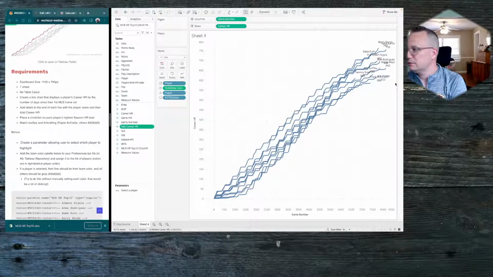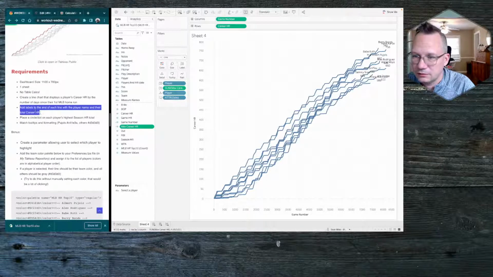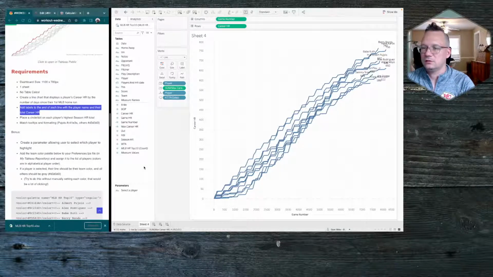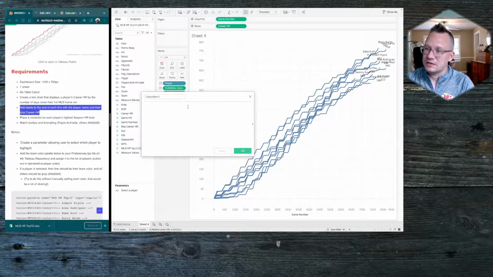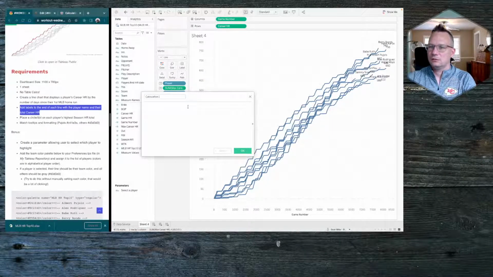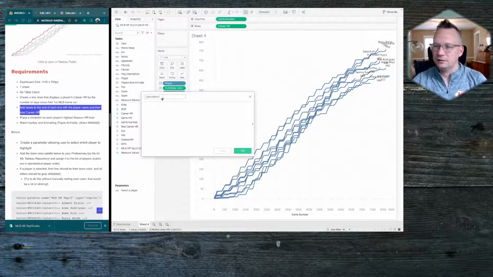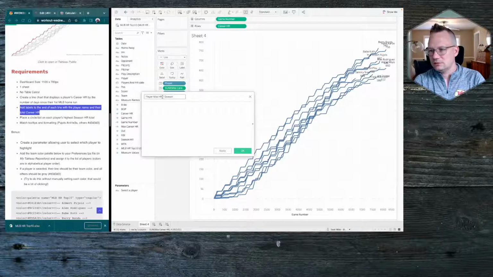And then let's see, what else do we need to do here? So create a line chart. Yeah, we've done that one. Place a circle or a dot on each player's highest season. Okay, so here, thankfully the baseball season does not span 2 years. It's only within the 1 calendar year, which is good. So we'll do player max home run per season, which is fixed